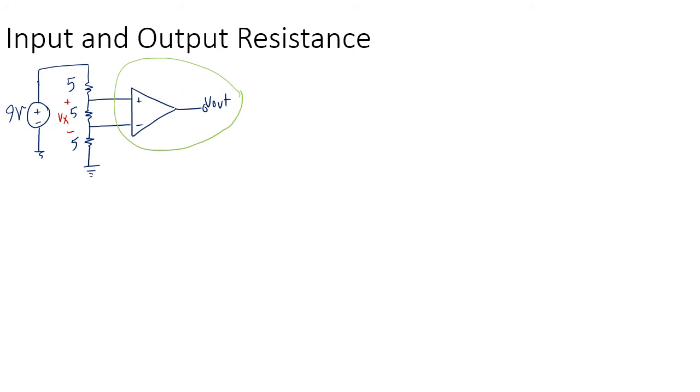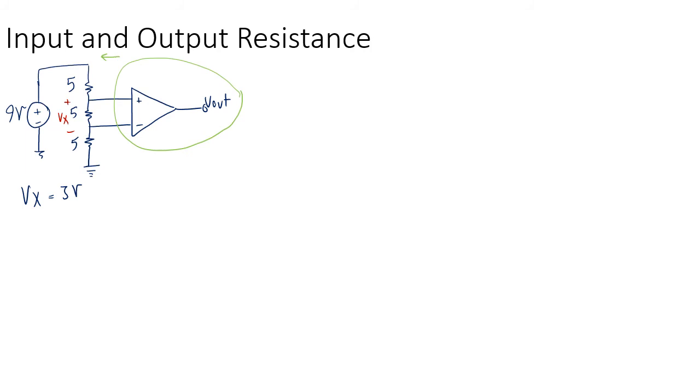If this resistor is anything but infinity, my circuit on the left, the initial circuit that I had, is going to change, right? Initially, I want ideally this voltage to be the Vx. If I don't connect this amplifier, I want Vx to be 3 volts, because it's 3 different resistors. The 9 volts is going to be distributed equally among these resistors, so each of them will get 3